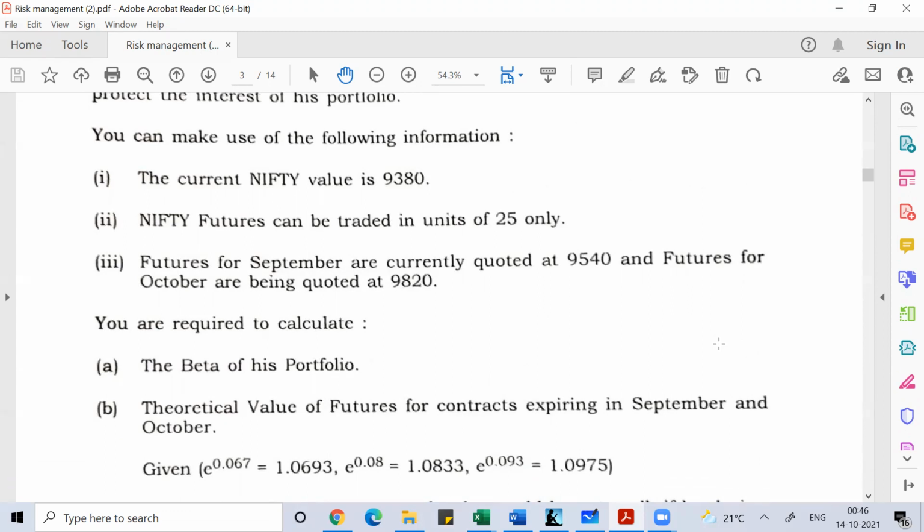So the theoretical value of a future contract, you will calculate by the cost of carry model. Already I have mentioned the cost of carry model. I hope you still remember, in the beginning of the class I was talking about it. Normally for future contracts we talk in terms of the cost of carry model, while for option contracts, we talk in terms of the Black-Scholes-Merton model, or the binomial tree model, when we talk about